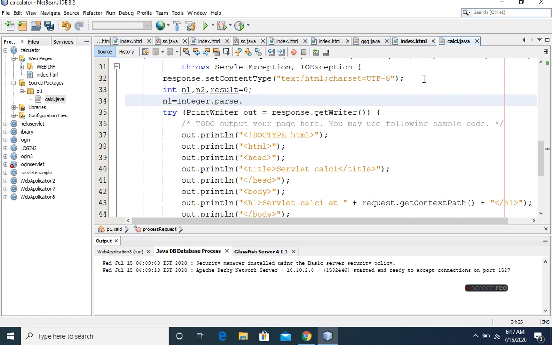Integer.parseInt, this is used for converting. Request.getParameter, this is one of the methods of the HttpServletRequest interface.